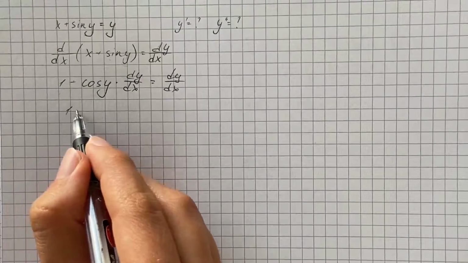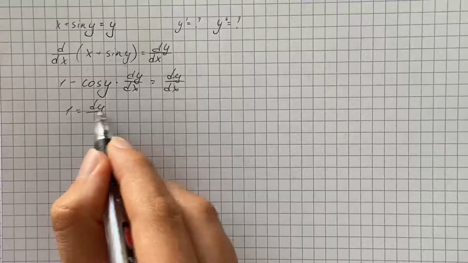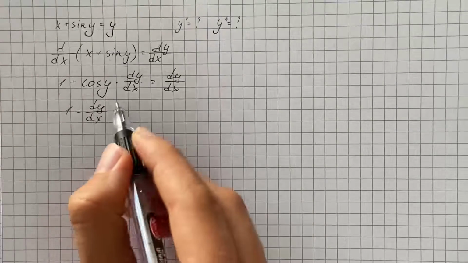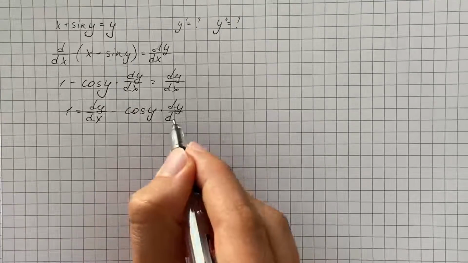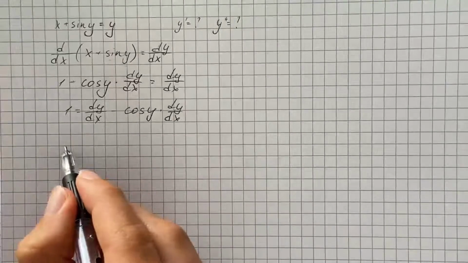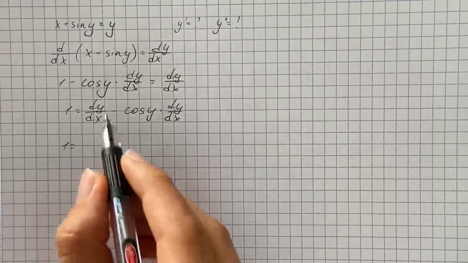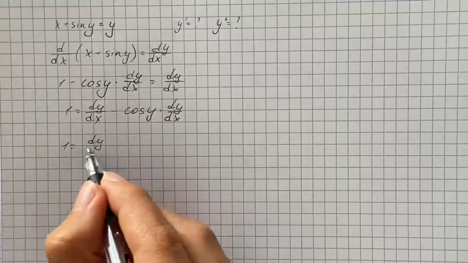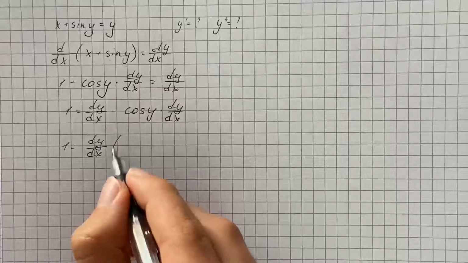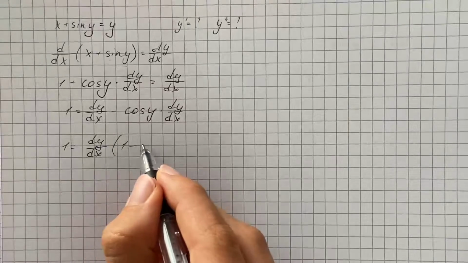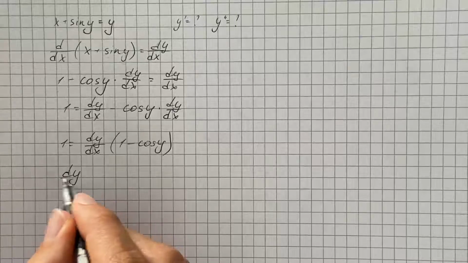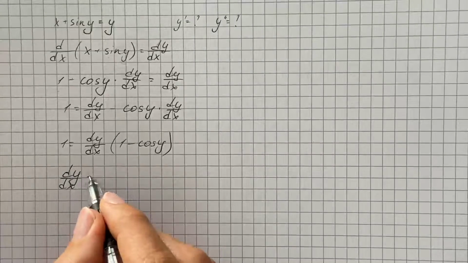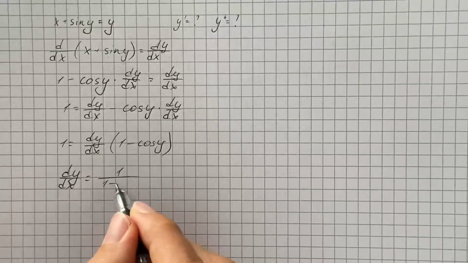like 1 equals derivative of y with respect to x, minus cosine of y times derivative of y with respect to x. And we're going to factor out derivative of y with respect to x and multiply by 1 minus cosine of y. Therefore, we find first order derivative of y, which is going to be 1 over 1 minus cosine